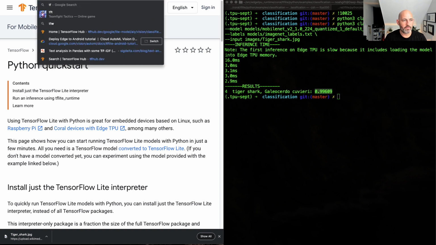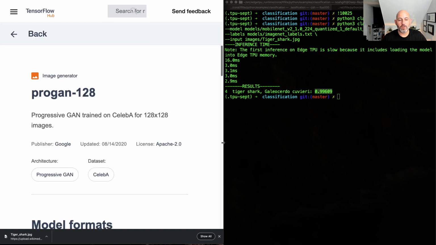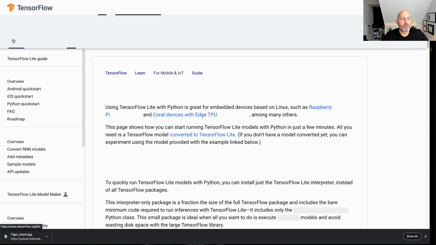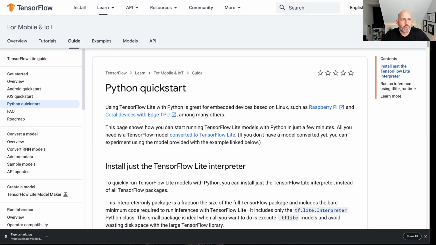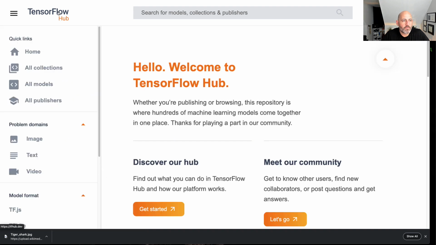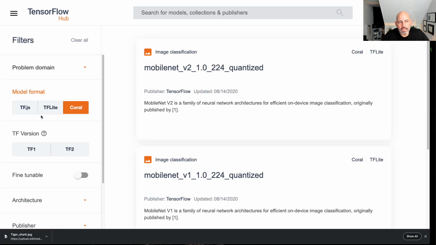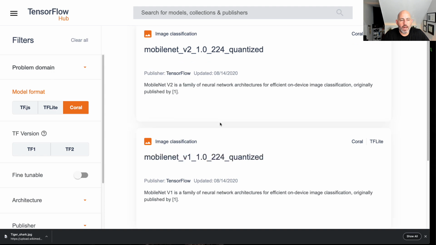Again with TF Hub here, I could go to any of these models as long as they're in this particular format. Let's go back here, TensorFlow. As long as I say, I think Coral, I think it'll work either way because this will accept TF-Lite, but just specifically because we know we have a Coral device, I just select Coral, and I can go through here